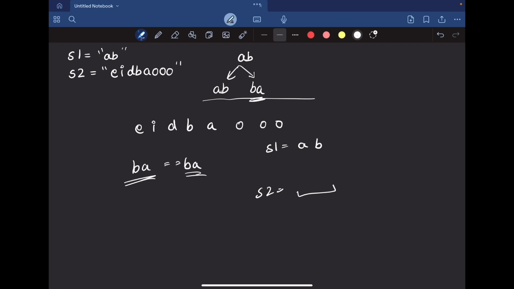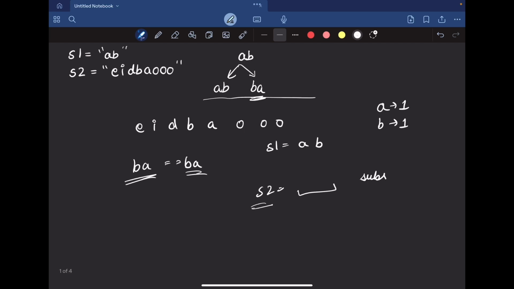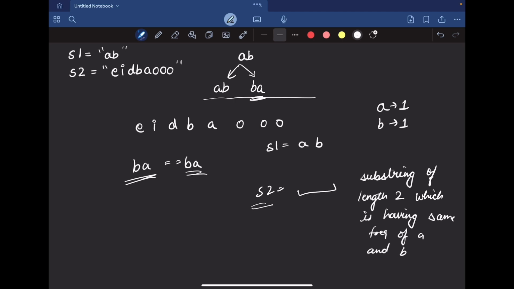Meaning, if in my S1 the count of A is 1 and the count of B is also 1, and in your S2 you are able to find a substring of length 2 which has the same frequency of A and B, then can you say that the permutation of S1 is present in S2?